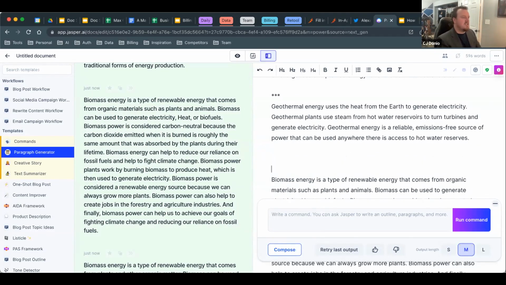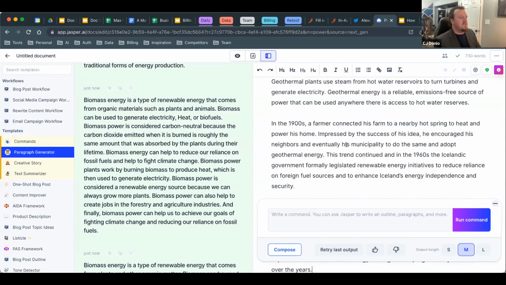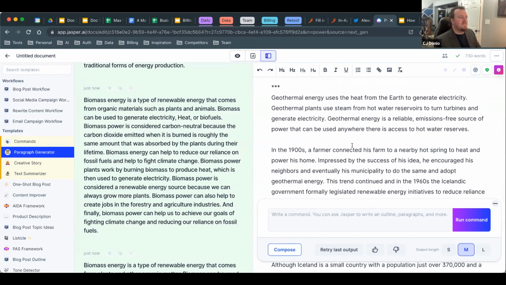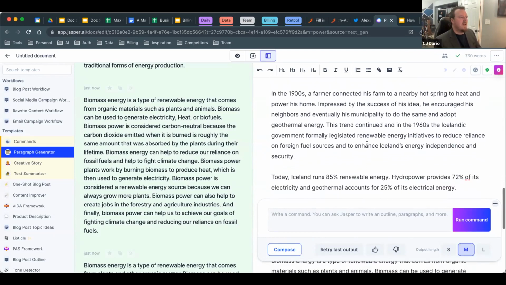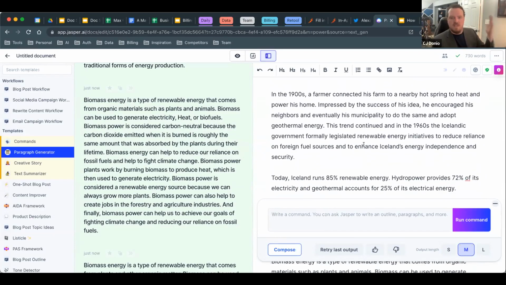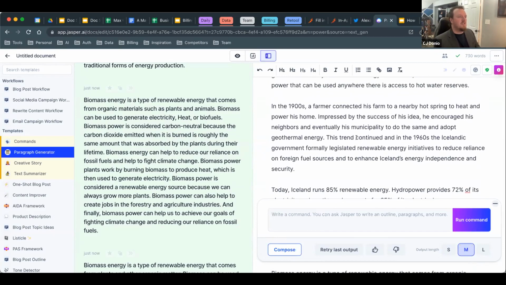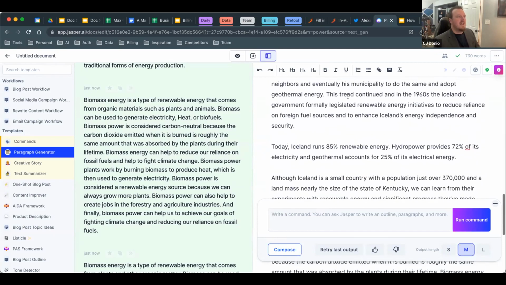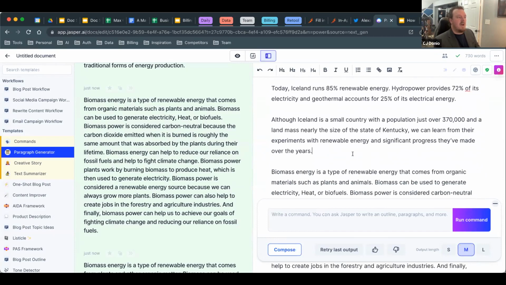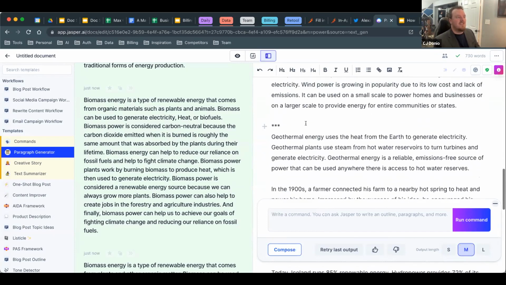And so, for example, this geothermal section, I went to Iceland in 2021. And one really interesting thing that I learned in Iceland is we kept going to hotels and they had a sign saying, hey, this is all powered from geothermal. So I actually did a little bit of research. It didn't take me long. And I kind of came up with some content here about how Iceland's a world leader in geothermal energy. So you can say Iceland and geothermal power grids.